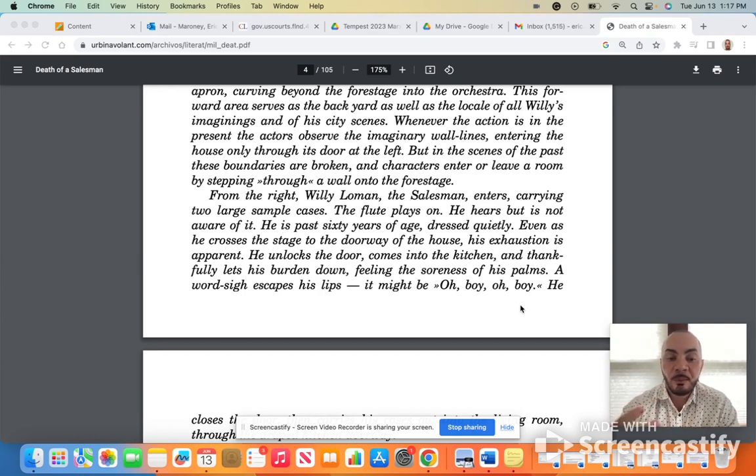So this week, I'm asking you to pay close attention to the stage directions and make some predictions about, if you're not familiar with the play, make some predictions about what these stage directions might signal to us about themes or action in the play. And if you are familiar with the play,